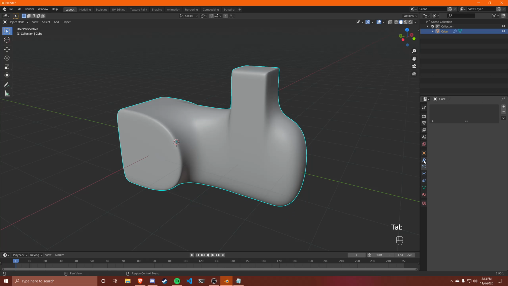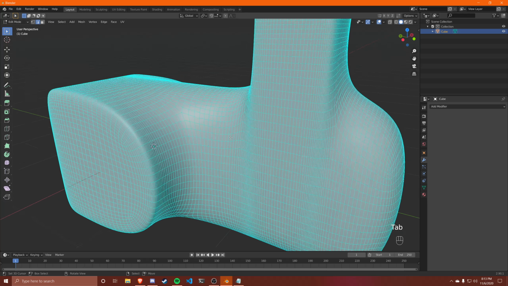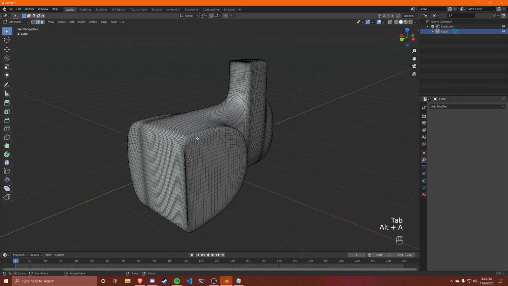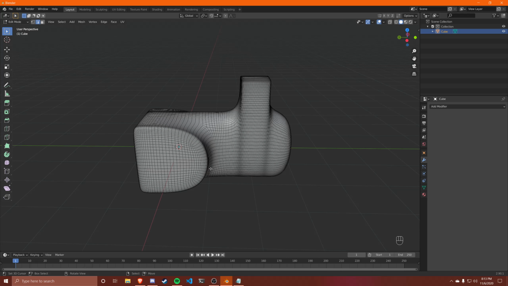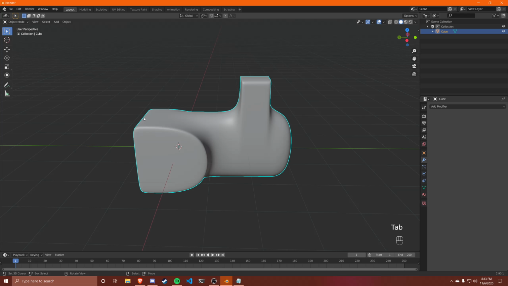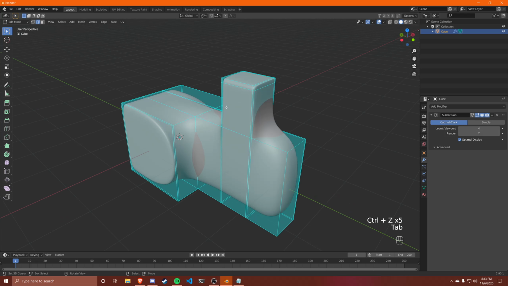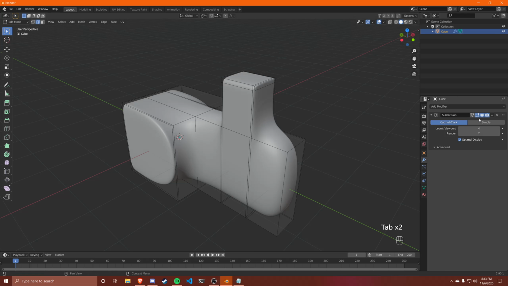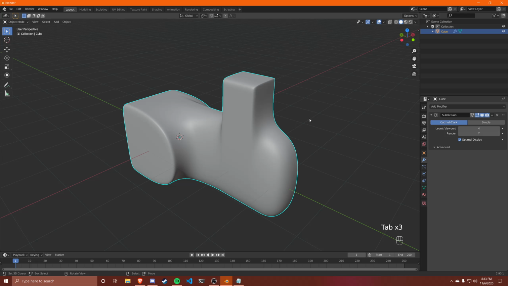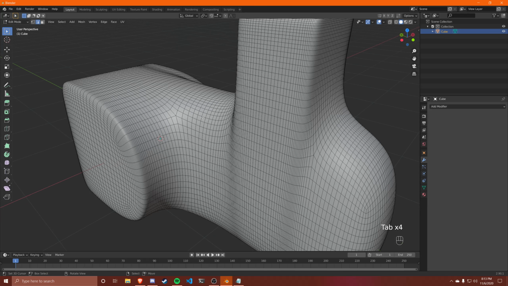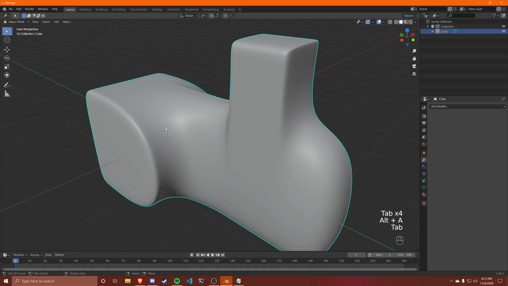And even when we apply this modifier, to make it an actual mesh, because before it wasn't actually a mesh, it was the outlined object that was not smoothed out. So before, the object we had still looked like this, right? And this modifier gives us a preview until we apply the modifier. And by the way, you can only apply modifiers in object mode, so you have to go back into object mode to do that. Now we've got the higher resolution version of the mesh, and we can shade it as